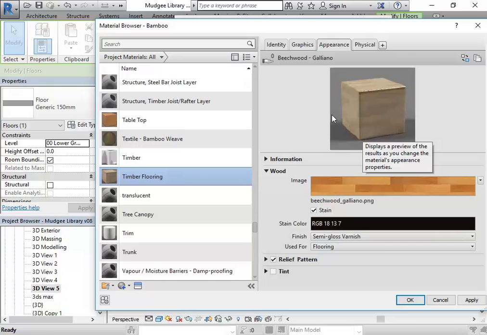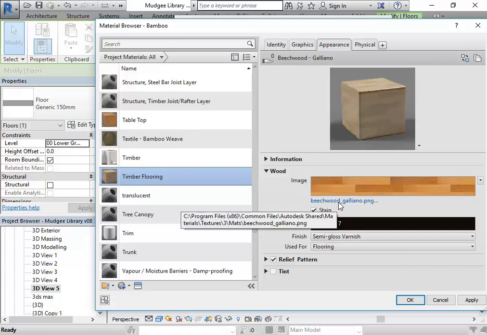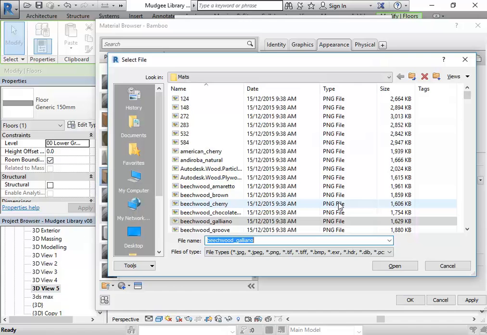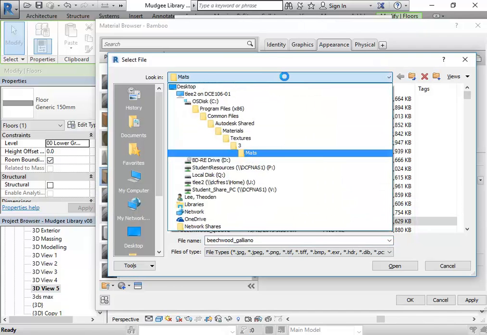Every material that I use for my own work, I've spent a lot of time on the texture in Photoshop. I don't just take it the way it is. It's usually much better. So I'm going to go and change this now. So here, if you click on the image name, which you can see there, Beechwood Galliano, I'm going to browse, and then, well, we'll